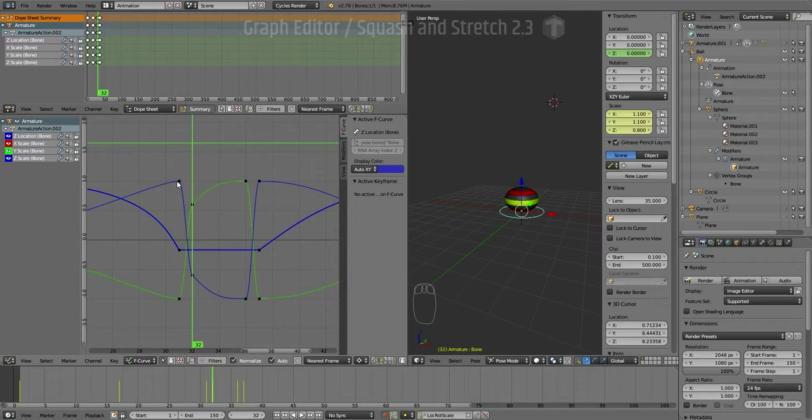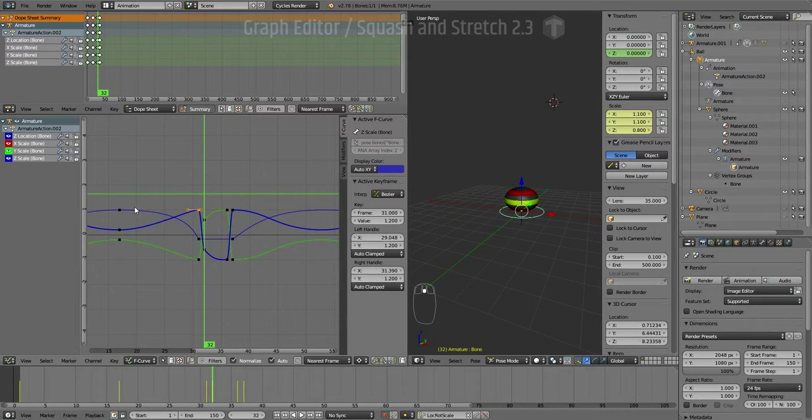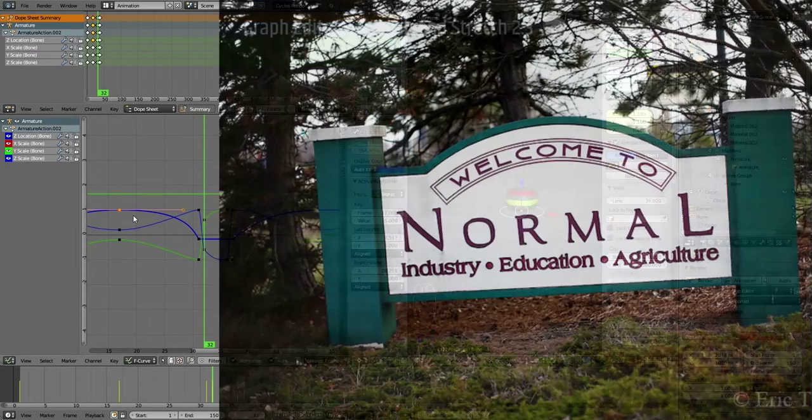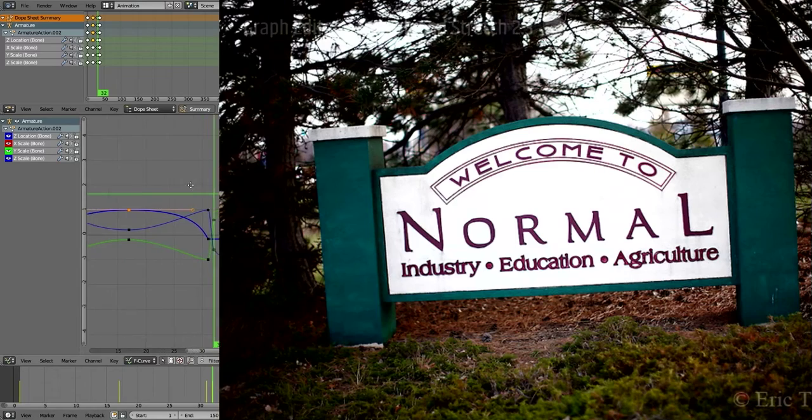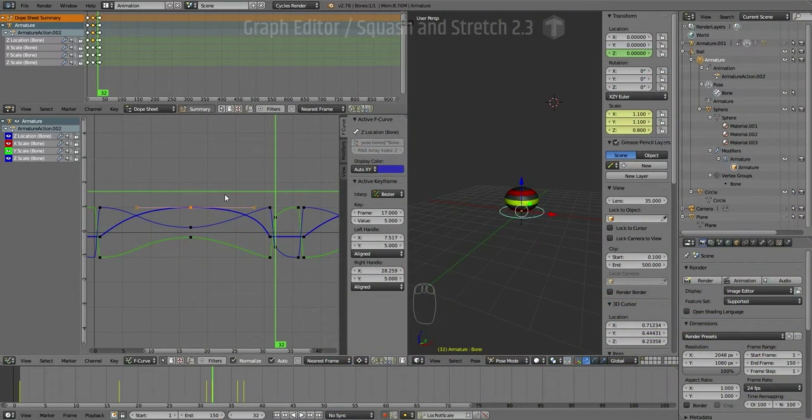If I select this key, you'll see it appears to be at 1.0. Its actual value is 1.2. And if we look at one of the translate Z's, that has an actual value of 5, but its display is just crushed. Now, another thing that you want to be aware of if you're working with normalize is, I'm going to make a quick little change to this key. I'm just going to hit G Y, move it down a little bit, and then hit the left mouse button to